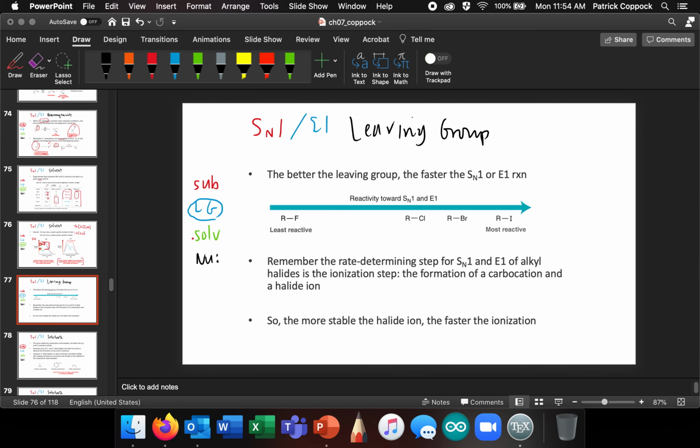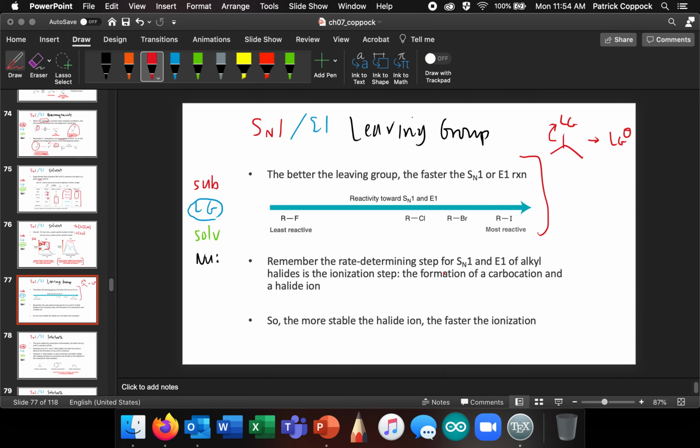Let's move on now to the leaving group. The better the leaving group, the faster the SN1 or E1 reaction, of course, right? Because if we've got a leaving group here, and that is the rate limiting step, well, the more stable the leaving group is on its own, the more stable it is on its own,